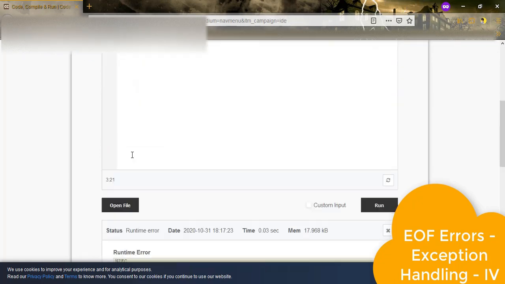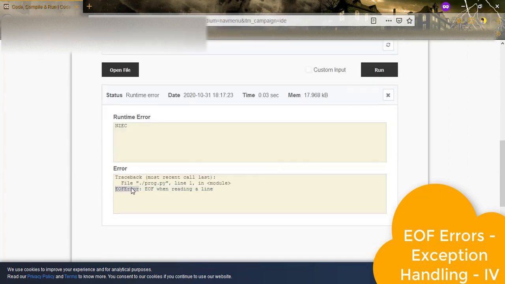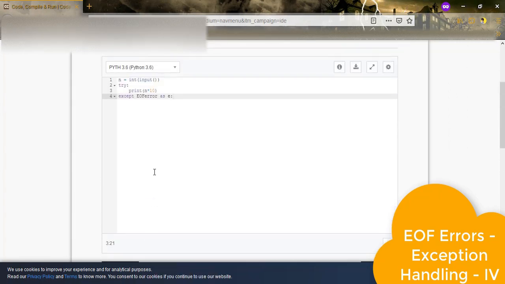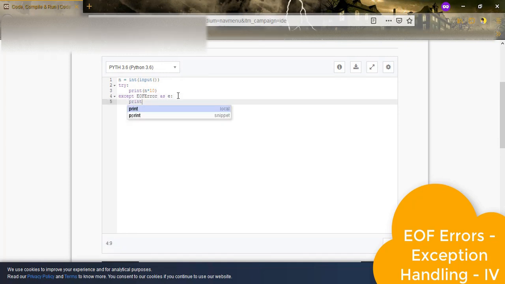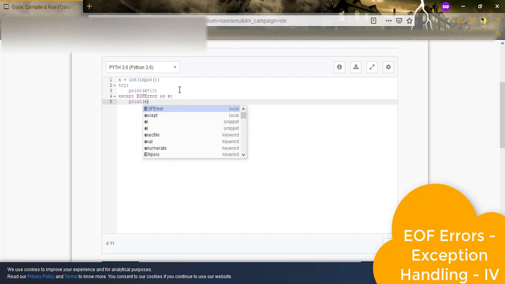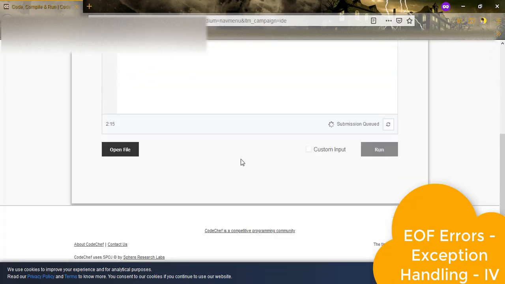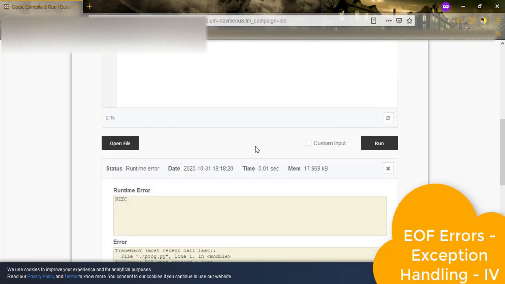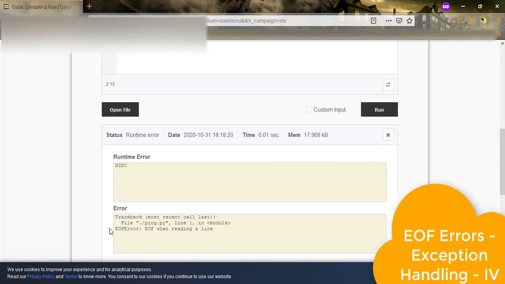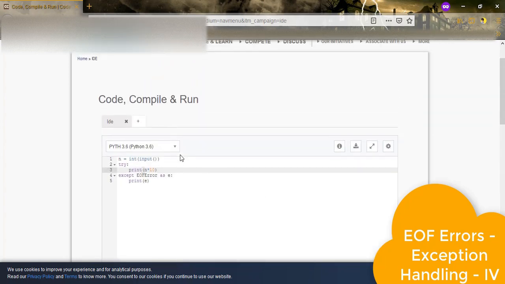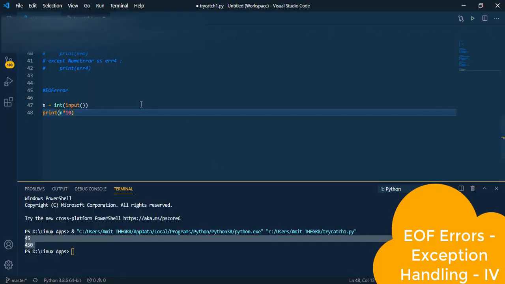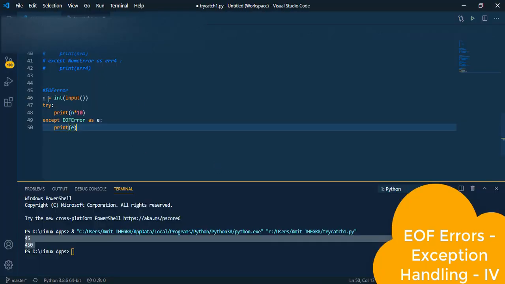You can simply copy this and paste it here, as e, and we'll print e. Now when we run, the output will not be in red; it will simply say end of file error or end of file reading. The output is the same because I haven't entered the input, but when we run this in the interpreter, it will be okay.